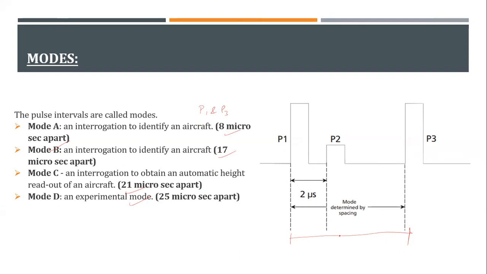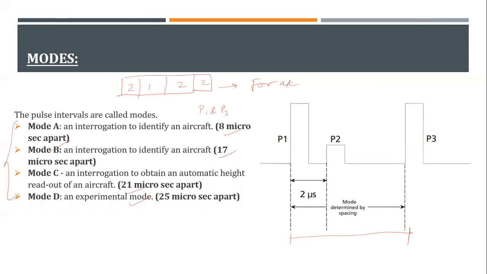Now these modes are not those codes which I told you. Those codes are different. Those codes distinguish the aircraft. Suppose I have 2122, this is for aircraft, and these modes are for the SSR. The SSR also has different versions, like I am using a laptop. Laptops have different models. The same thing is for the SSR.